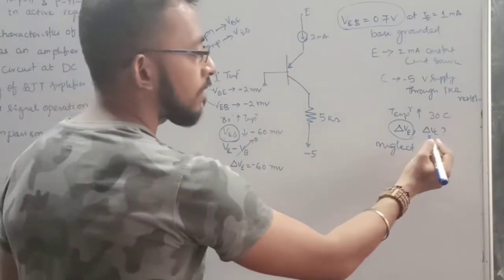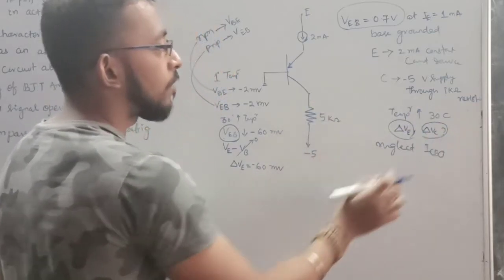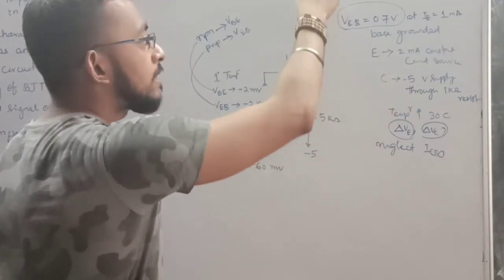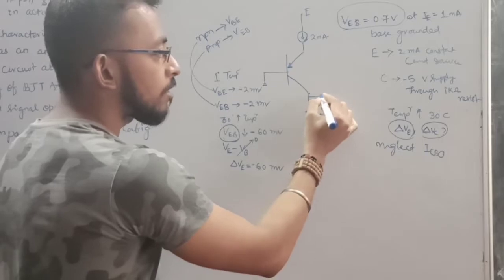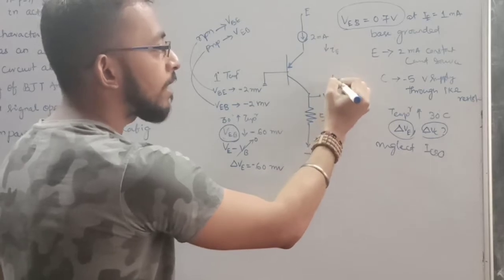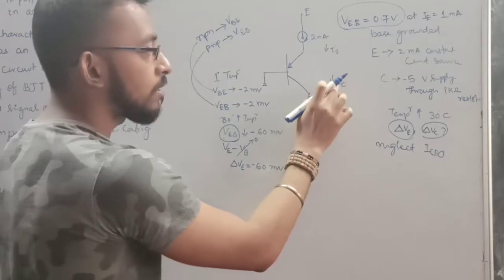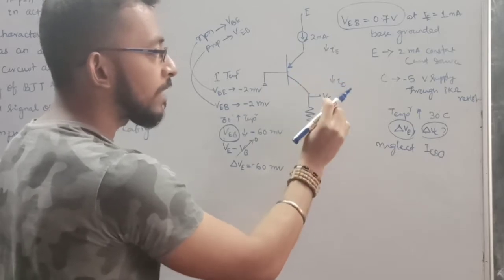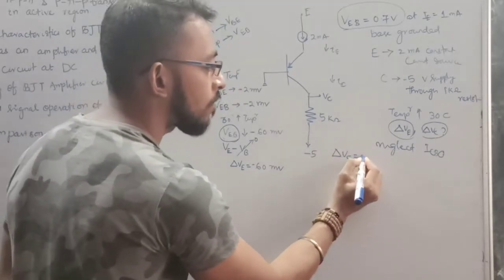Now the second question is, what is the change in collector voltage? For this, it is given that a constant current source of 2 milliampere is flowing through the emitter. Since a constant current source is flowing, there will be no change in collector voltage. At VC there is no change because IE is the same as IC. This is the constant current source that is flowing, the same current. There will be no current change, it is also constant. It means there is no dependency between IC and VC, so there will be no change in VC. So my del VC, the change in collector voltage, is equal to 0 volt.